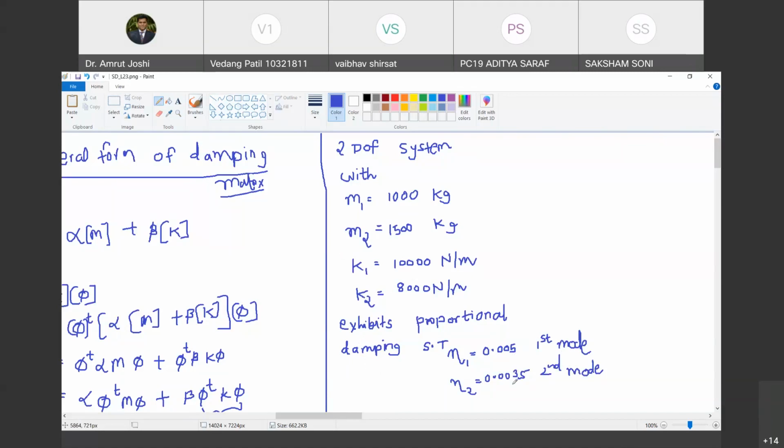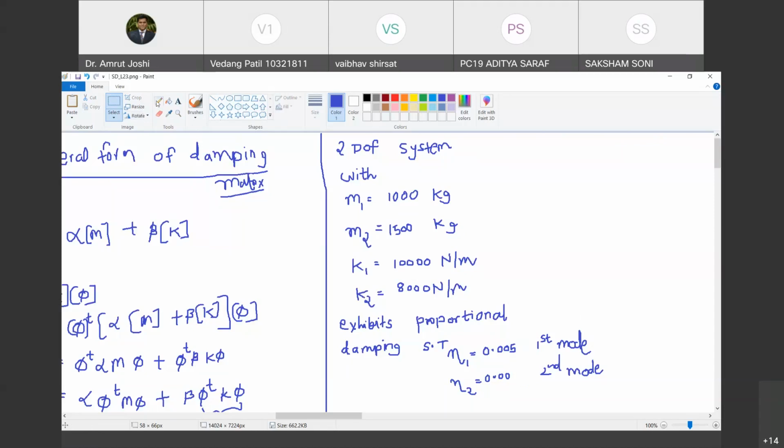Sir, should eta 2 be greater than or lesser than eta 1, or is there any such rule? No, why do you think so? As in, the modes go on ascending or decreasing in magnitude. You might be right. Let me cross verify that. I will come back to this. Right now, I am not able to recollect that. But possibly yes, because higher modes do get dampened fast. You are true. But let me cross verify it and then I will comment on this.